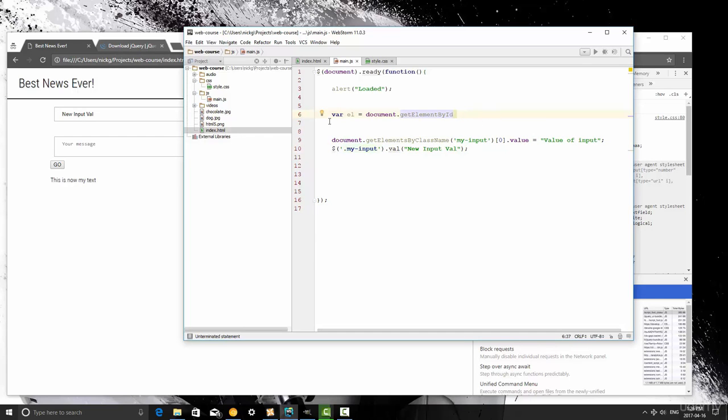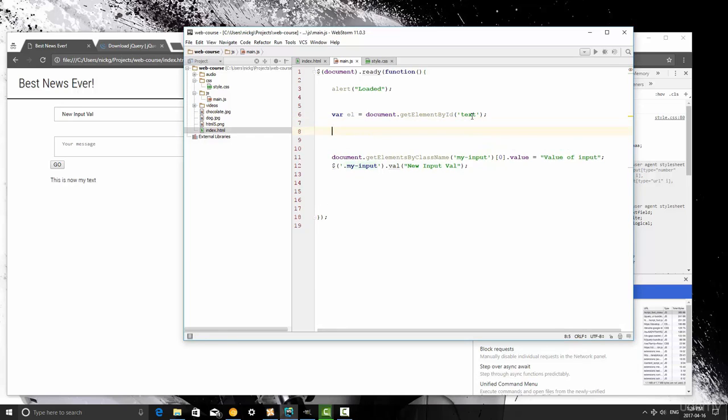All right, so back up here, we are creating a variable called el, which let's say is an abbreviation for the word element. And this variable is going to be equal to document.getElementById text. All right, so now we've got this element. So let's console log el in